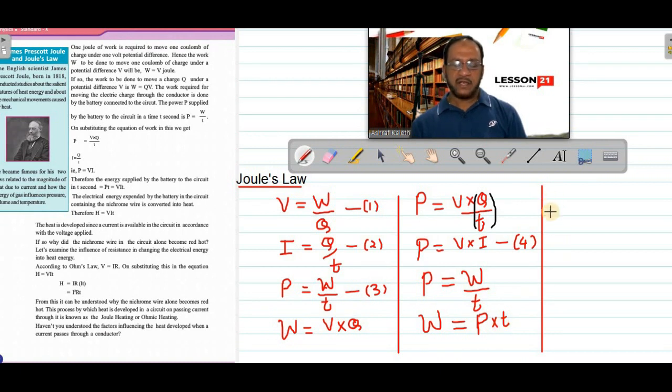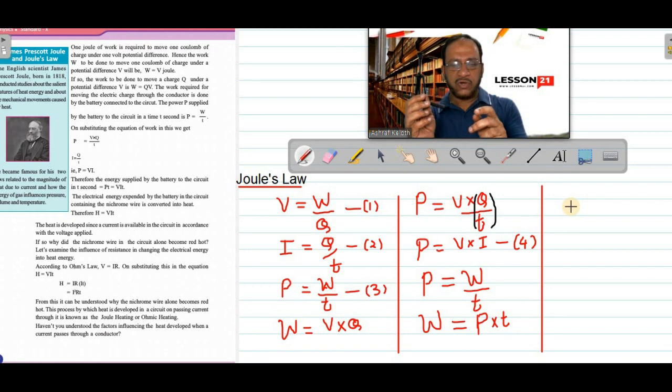Now again, you have studied in previous class, whenever we do some work, it will be converted to energy. You know the unit of work is joule. Energy also is measured in joule. Actually both are same. Work done and energy are same. If you do some work, that will be converted to energy. If I am lifting this pen, how much work I am doing for lifting this pen, and at this height, that work done will be converted into potential energy of this pen. By using that energy, it can fall downward. If I throw something, the work done will be converted to kinetic energy of this pen.